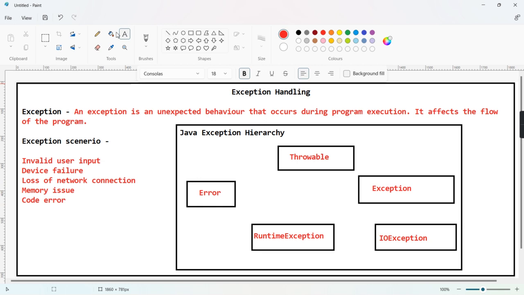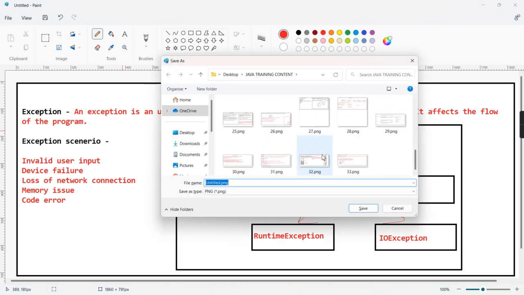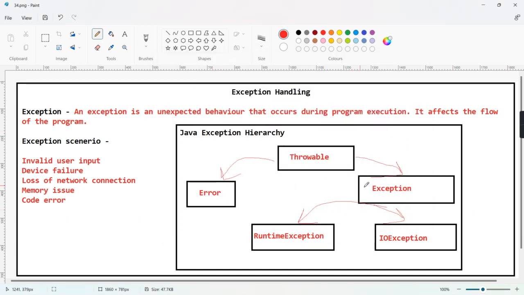So let me mark this one, and we have this one, and then we have this one, IOException and RuntimeException. Okay, so this is the hierarchy of our exceptions in Java. Okay, so that's it for today. So tomorrow we'll discuss the rest of the topics, like what is this Throwable, this Error, this Exception, this RuntimeException, this